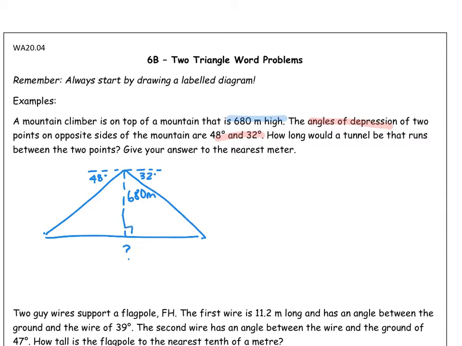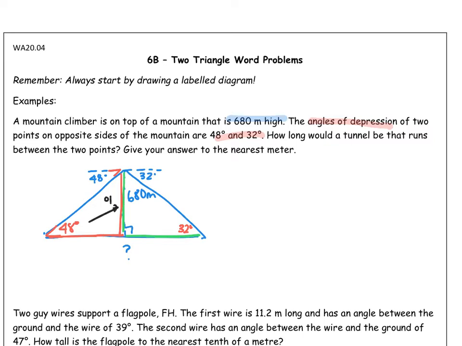Okay, so keeping in mind, remember that if the 48 degrees is here, it's also down here. Same with 32. So basically, I'm going to calculate this distance right here and this distance right here on that triangle, and I will add them together. So in the red triangle, I've got